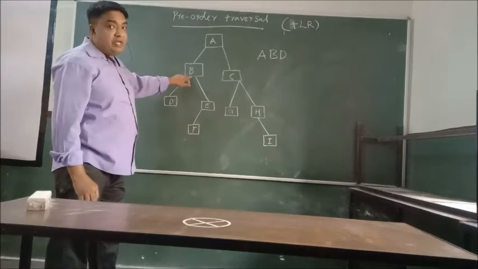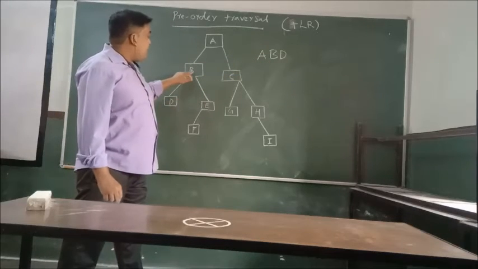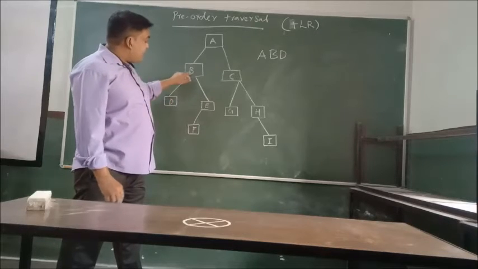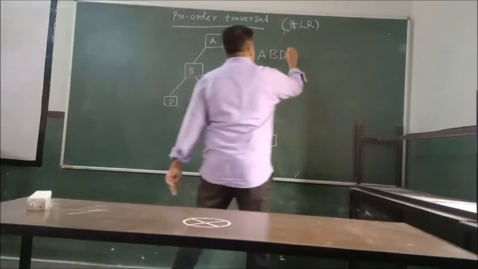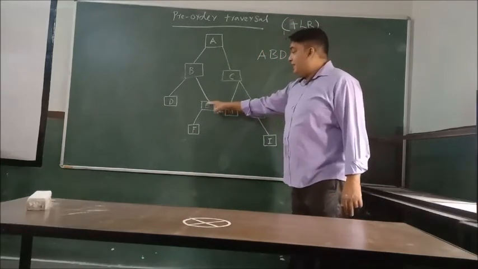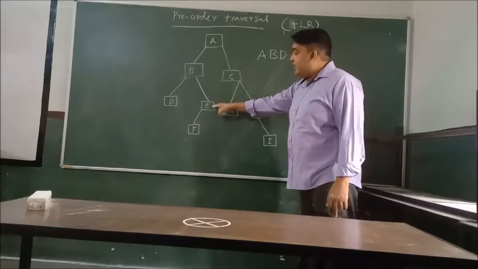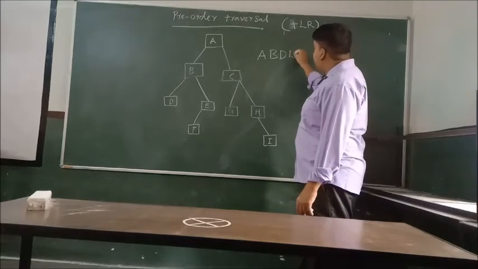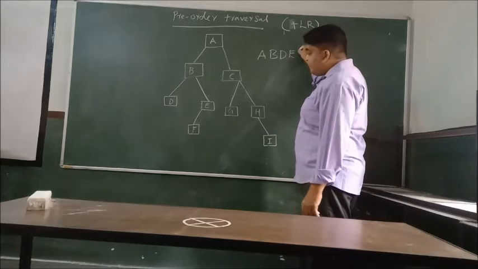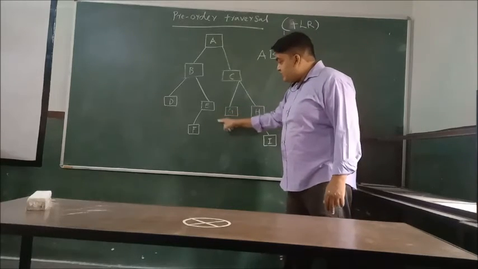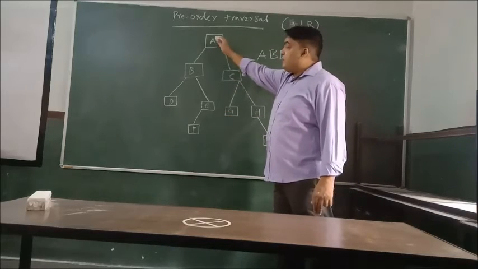So here what we have done, B was the root. So we have written B. Then left, after B, it is D. Now the right side it is E. So we read E. Whenever you approach E, you have to take E as a new root. So E is there. Then left it is F. Now F is the root. So there is no right for E. So coming back here, we process the left side.